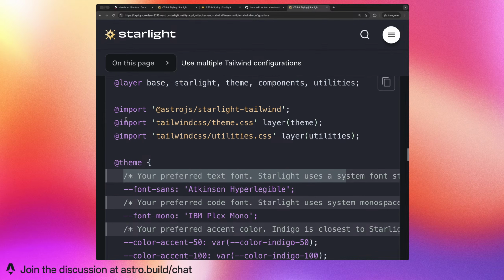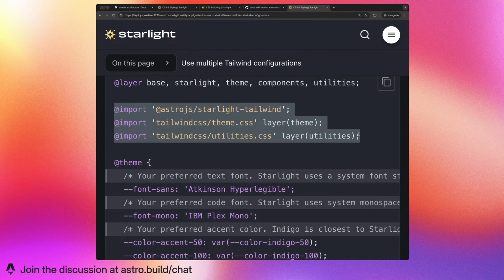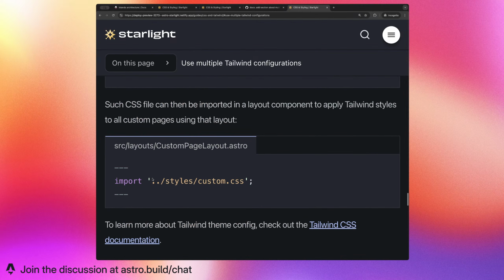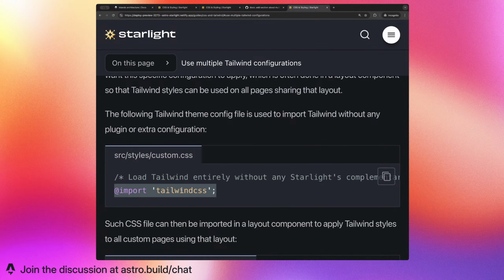But yeah, at least in V4 we cannot do that. If in one part of your website you only want V3 imports and in another part you want, okay, let's load all of Tailwind and not load anything related to Starlight, this cannot happen in a theme. So yeah,